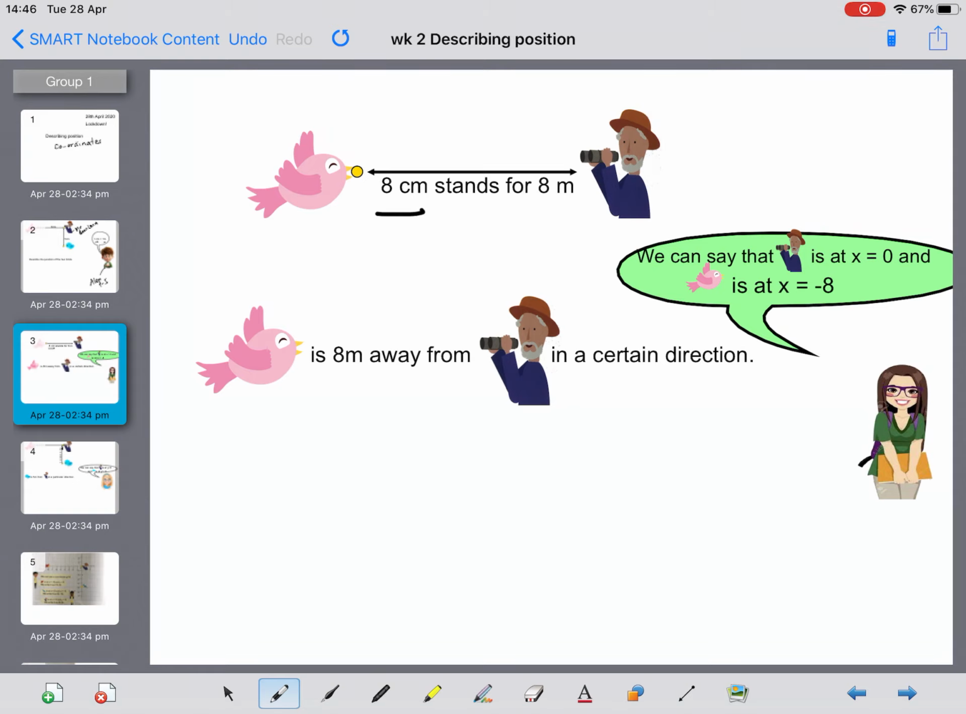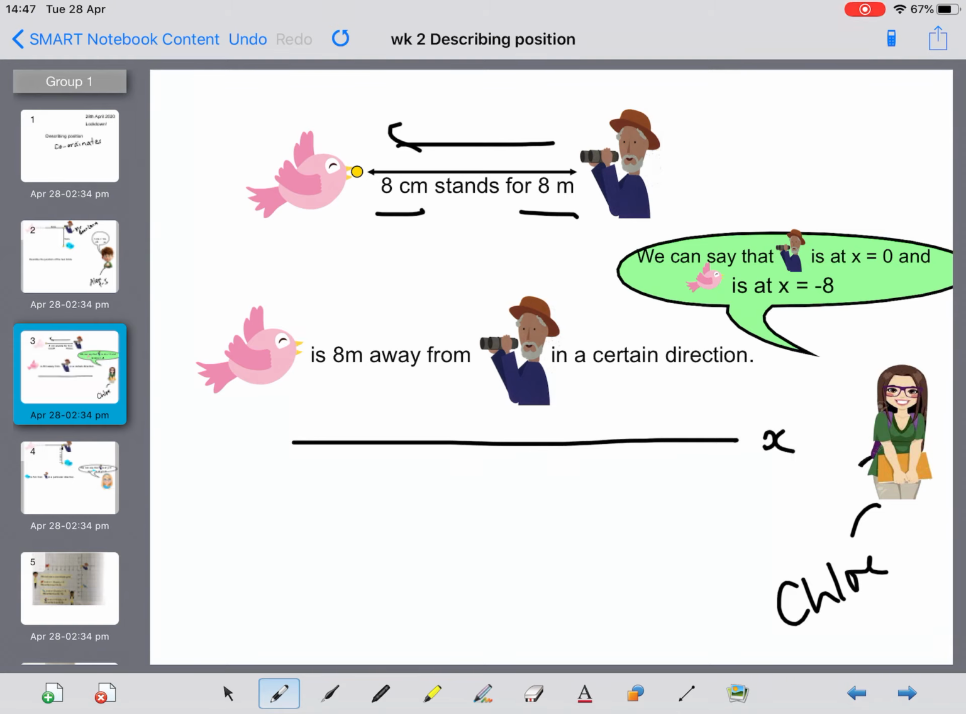So as we were saying, 8 centimetres stands for 8 metres. So the bird is 8 metres away from Mr. Beanland in that direction. Okay, now this person over here, who I think is probably Chloe Malander, she's saying we can say that Mr. Beanland is at x equals 0 and the bird is at x equals -8. So another way to think of that is this line here in a grid is the x-axis, isn't it? So if he's at 0 and the bird is at -8, the x-axis also goes like 1, 2, 3, 4,